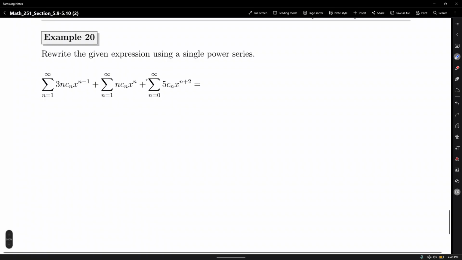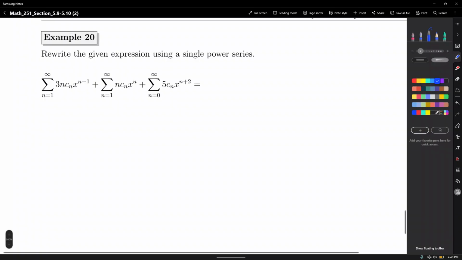So if I add 2 units to match the power, I will need to subtract 2 units in the starting index, but that's going to send us to the dark side of the series, right? We don't want to go to the dark side of the series. Okay. So how about expanding one term? That's going to even out the powers when we do the shiftings, and that's not going to send us to the dark side. And actually, it's going to match also with the starting index n equals 0. So expand